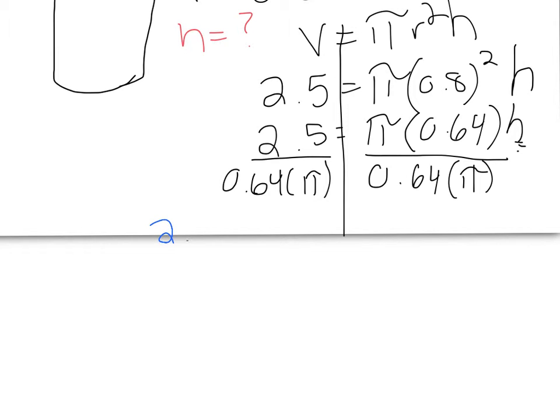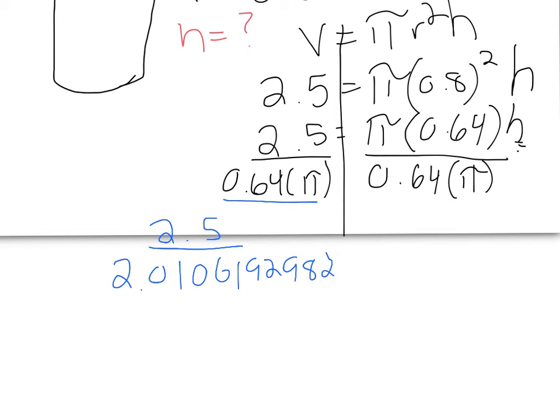So you'll get 2.5 divided by, when I punch in 0.64 and then I punch in the pi button, you will get a number that looks like this. So it'll be like 2.0106192982, and so on and so forth. When you do that to both sides, this essentially is going to cancel out, and we're left with height. When you divide those two numbers, when you punch in 2.5 divided by 2.0106, and so on and so forth,